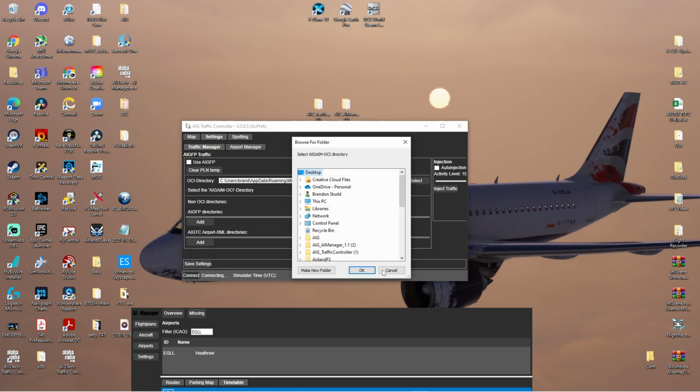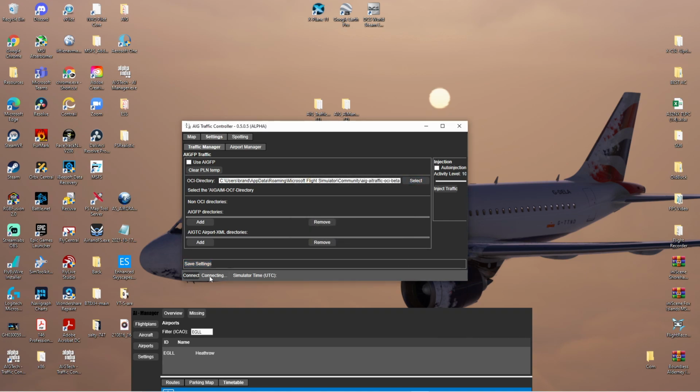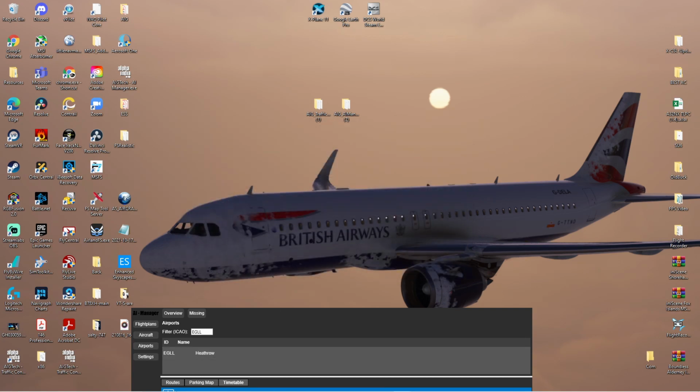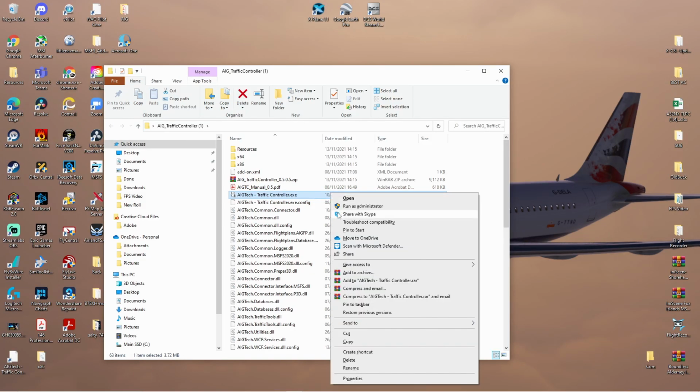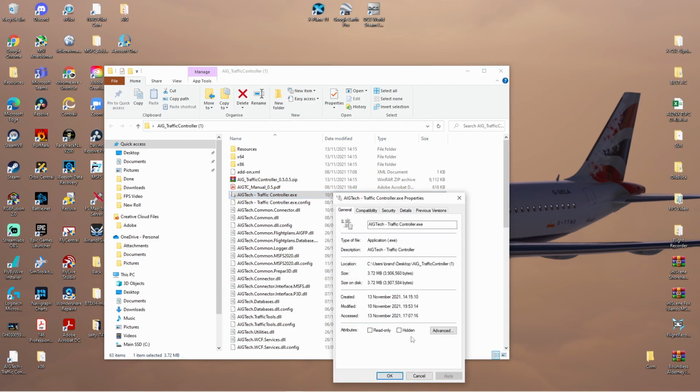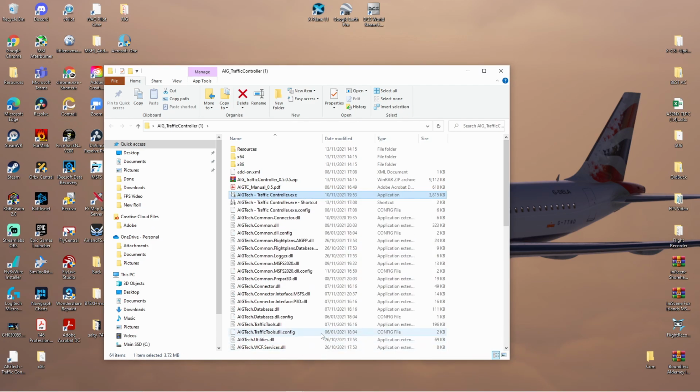Now what you need to do is just make sure that's in there. Click save settings at the bottom. You don't need to do anything else with this except for reset it, and while we're resetting it we can start up Microsoft Flight Simulator. The last thing you want to do, well, maybe during while Microsoft Flight Simulator is loading up, press create a shortcut,